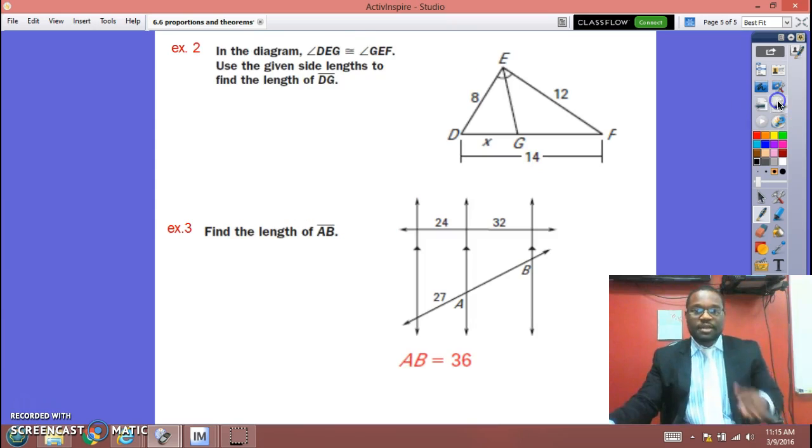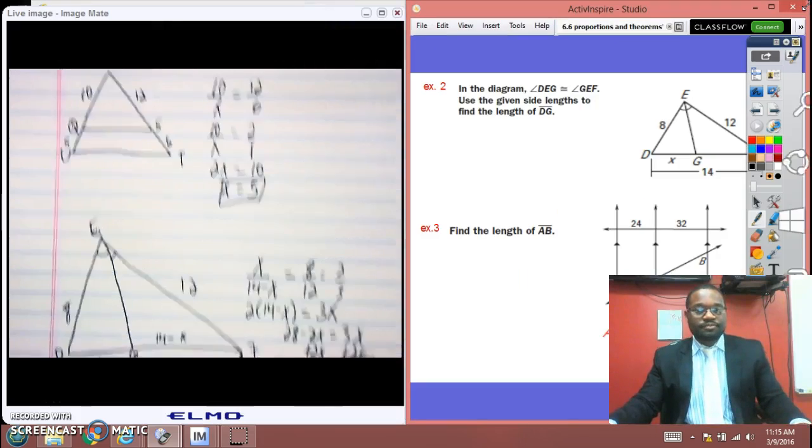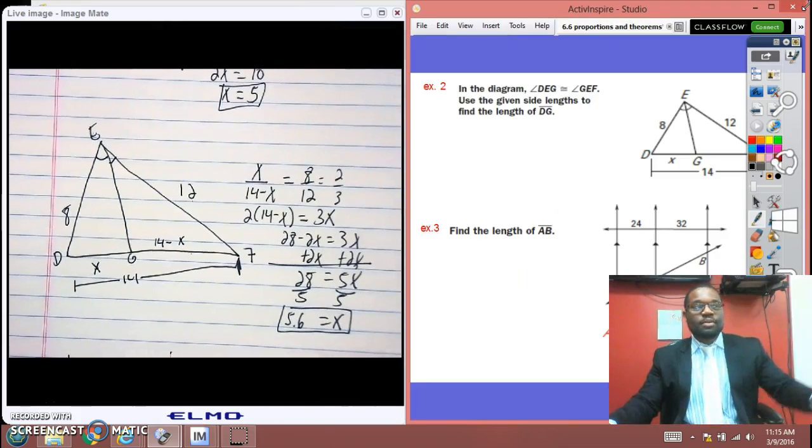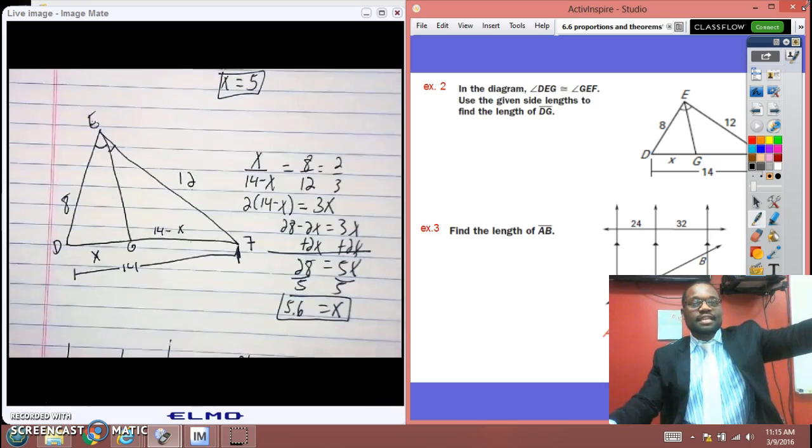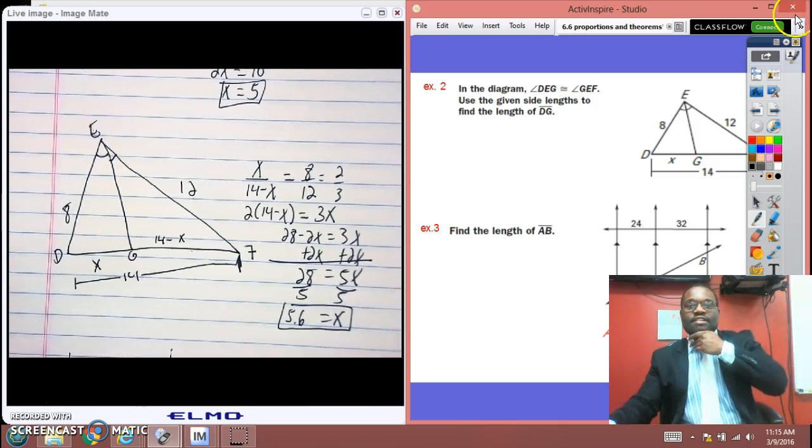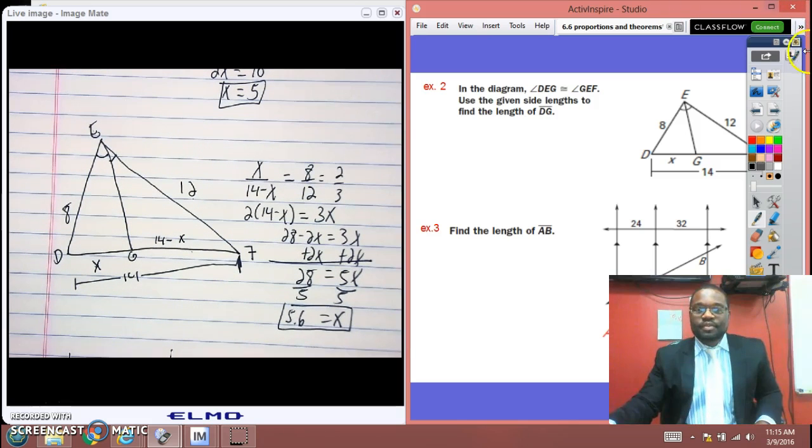Let's look at a couple of examples. Here's an example here where they tell me that these two triangles DEG and GEF are congruent. And so basically using the property that we just went over, I'm able to work this out. Let's look at the example here. So what we have here in this example is that I drew it, and notice I set up, let's move this out of the way,